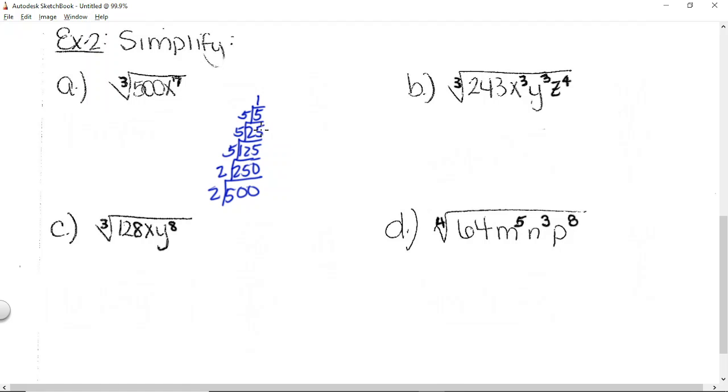And we look for groups of 3. And we have a group of 3, but just one group of 3. It's those 5s right there. So since we only have one group, we bring out only one 5. We have to write down the x's too and look at those. Okay, let me back up. Not quite ready to write that, because we are also going to have